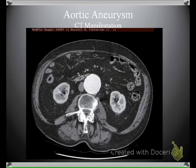Okay, in this image we do see that this is a contrast enhanced study. Judging by the spine, the vertebral bodies here, and what looks to be some calcifications here on the spine, it would be safe to say that this patient is probably an older patient, probably in that 65 or older area. And we do see that